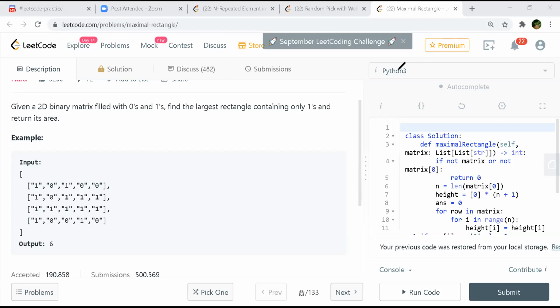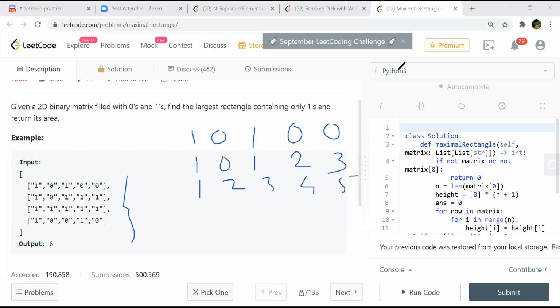Okay, I'll just annotate it here. Marking a little bit. So taking this one, if I start with the zeroth row, in this case it will be 1 0 1 0 0, right? In the second one, the first will be 1, then this will be 2, because the previous one of it is 1, and then this will be 3, right? So I'm doing a cumulative one. So in the third one it will be 1, 1, 2, 2, 3, 4 and 5, 4, 6. Oh, sorry. And then you will have 1 0 0 1 0.